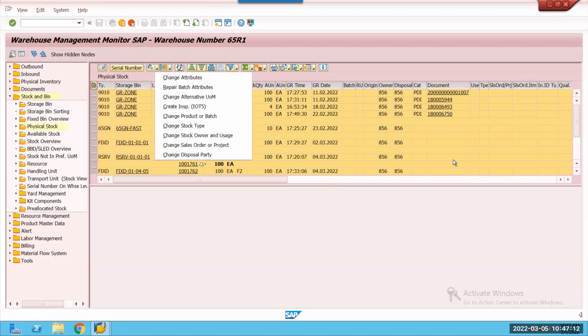Forget about whether the standard SAP has it or not, I'll let you know. Other way around, what you can do is move the material which does not have the proper inspection, that means the already expired material, to the quality inspection bin, and then generate a quality inspection by using this create INSP IoT 05, so that it creates an inspection. And then update the quality, whether it is approved or rejected, and then move it to different bins.